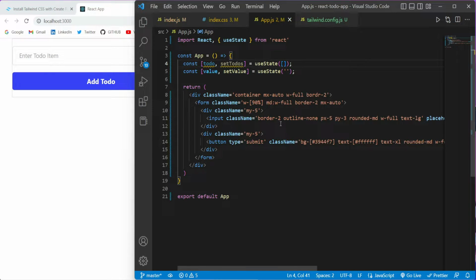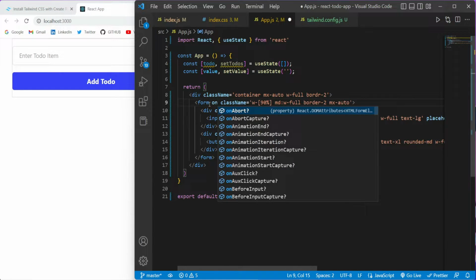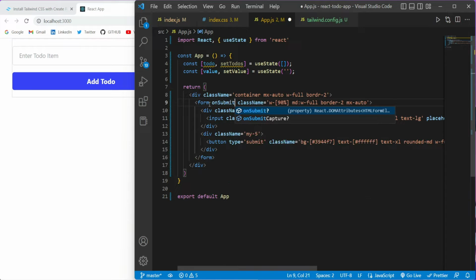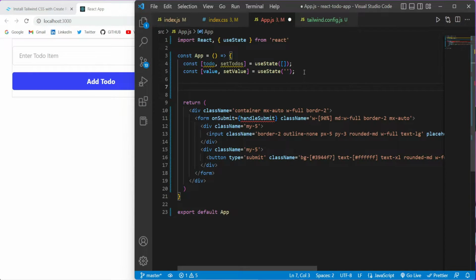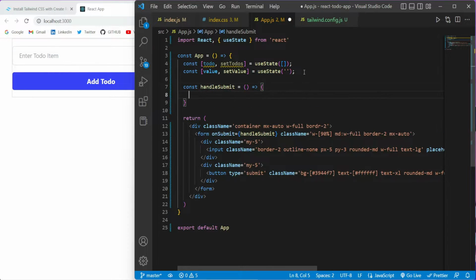Okay, now let us try to add the main business logic. Now see, on form what we want to do, when we submit our form, so I need to call this method handle submit. This handle submit will handle our to-do list. So here I am creating one arrow function. This arrow function will have an event parameter. So we will add e dot